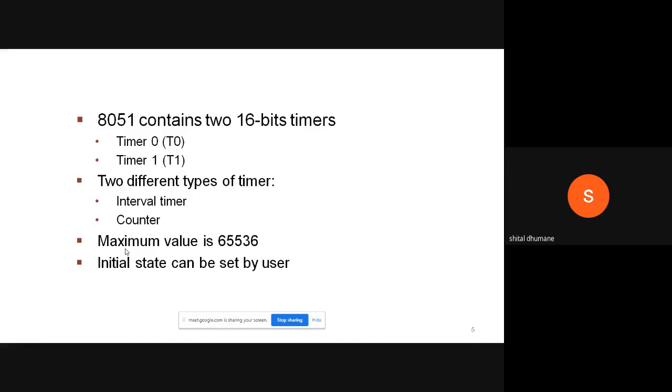We will discuss this when we go to the modes of operation of timers. At that time you can understand this term: the maximum value is 65536, and the initial value, that means from which state you start counting, will be set by the user.